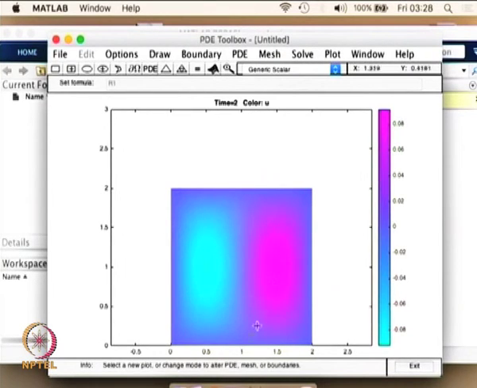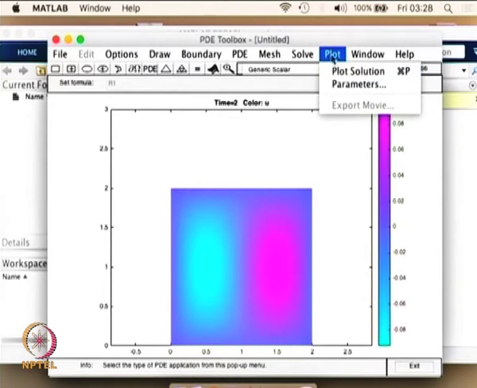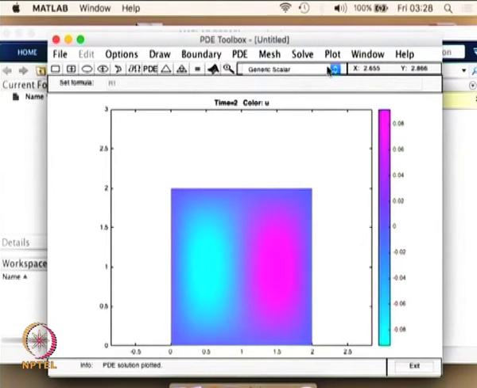So of course, what we are seeing is the final result. What we need to see is the entire plot solution. So you can click the plot solution button. Once you click that,